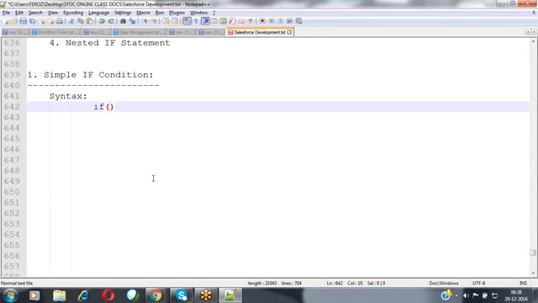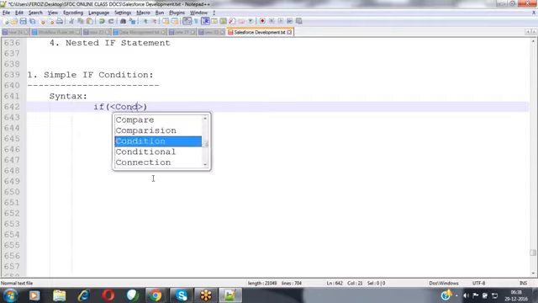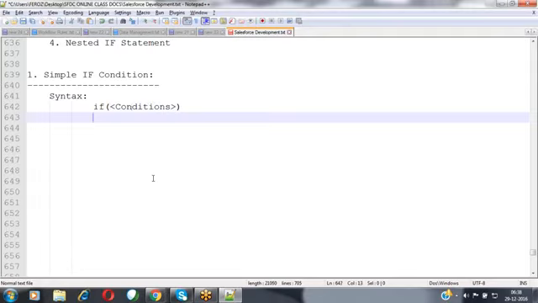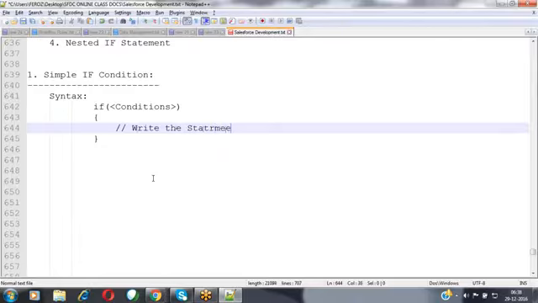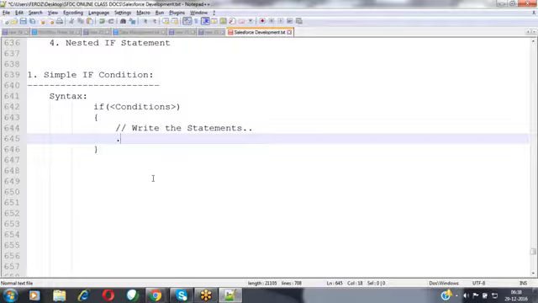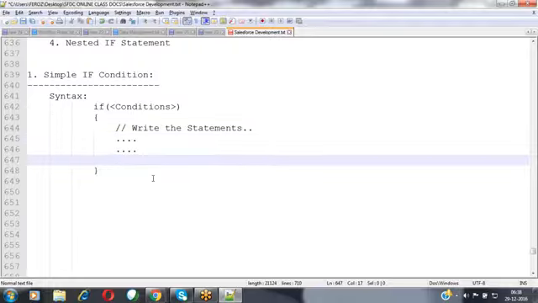Specify the if, and then inside that you can specify one or more conditions. And inside that block, we can write the code which needs to be executed. Write the statements. Not only one, multiple statements we can write.